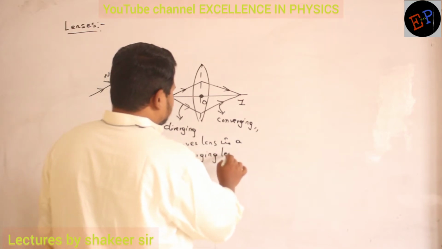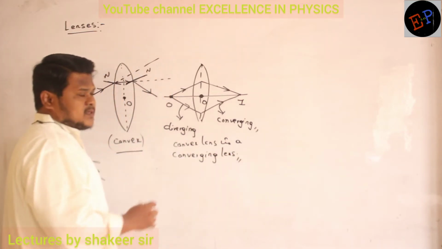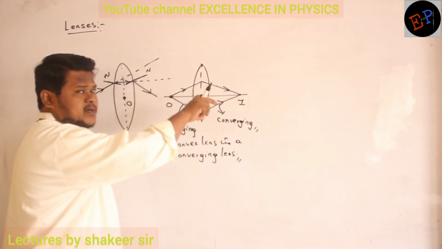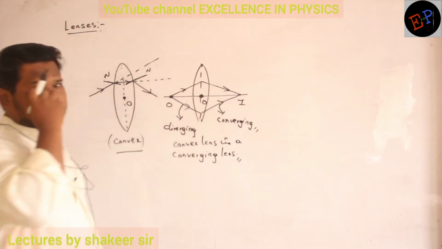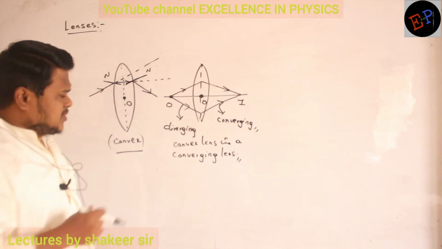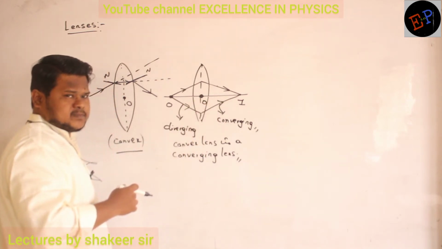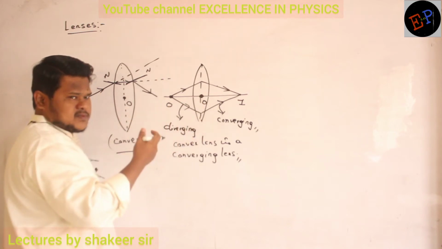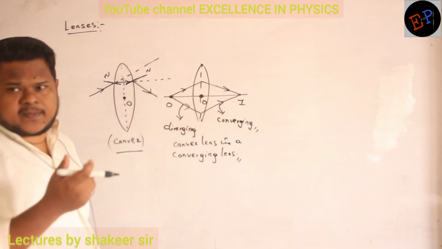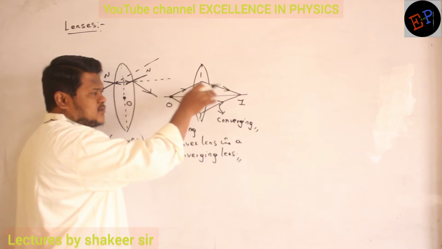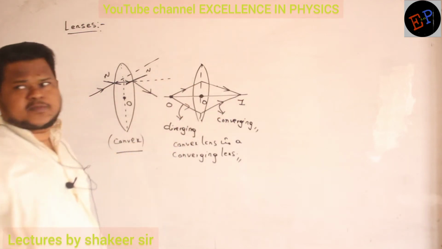Okay. So what is meant by converging lens? It makes light rays bend towards the principal axis. Okay. So here, can I say the focus is a real focus or a virtual focus? Definitely it will be a real focus. Why is it a real focus? Because light rays originally go and touch the principal axis.